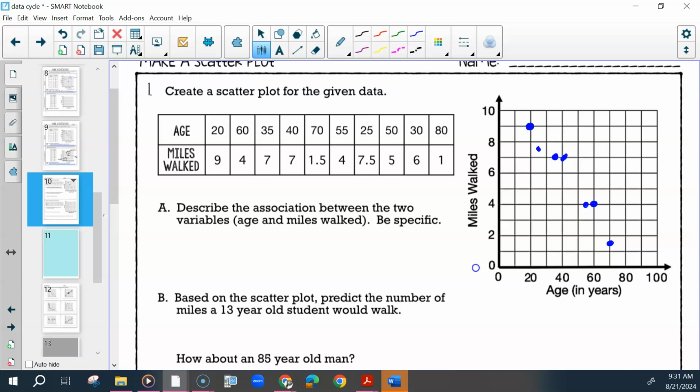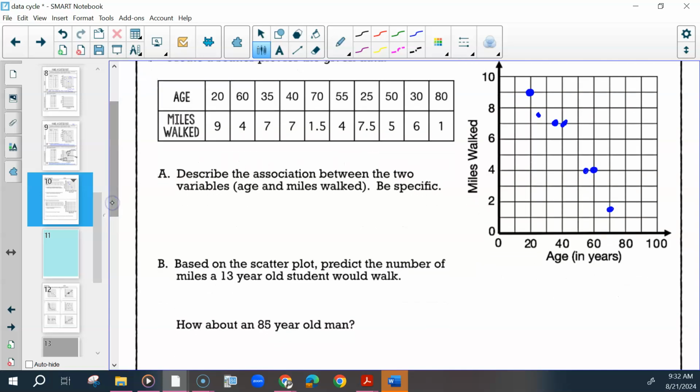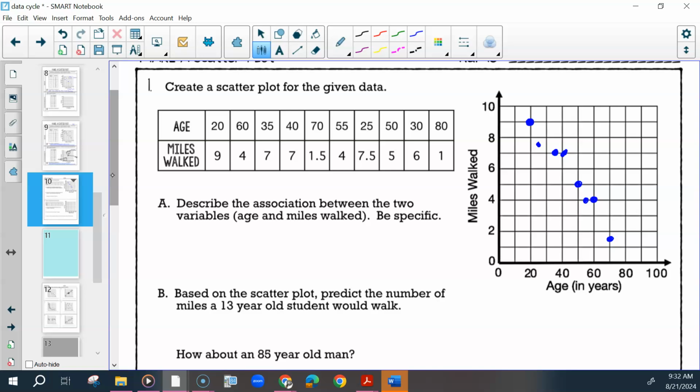So 1's going to be like in the middle of your grid lines completely. 50 and 5. And 30 and 6. And 80 and